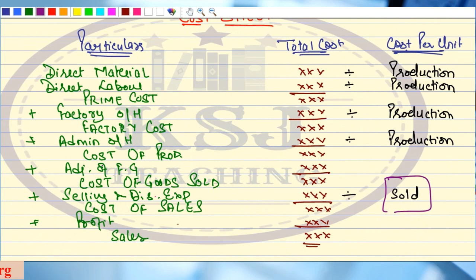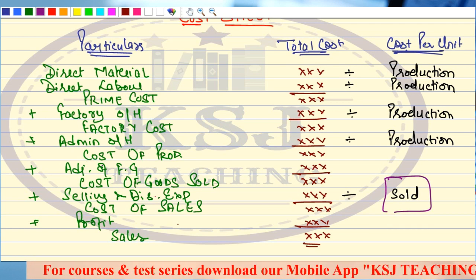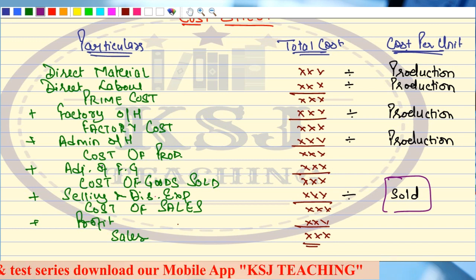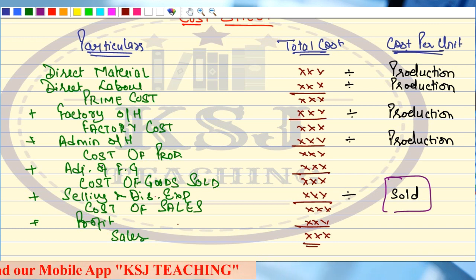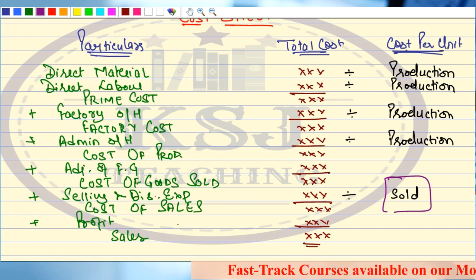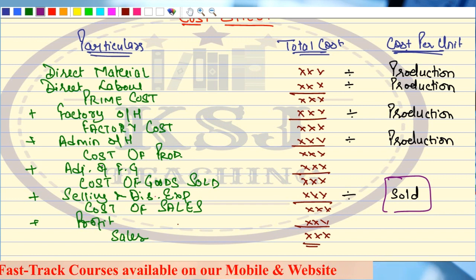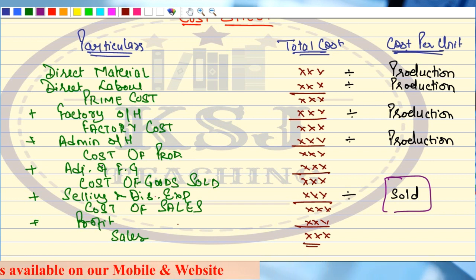right? And here specifically I told you to focus on selling and distribution expenses, where the number of units sold should be taken instead of number of units produced. So this is all we have discussed, and this is all that is there in unit costing. There is nothing else conceptually. You simply have to prepare the cost sheet and find out the cost per unit. That's it, so nothing much to be done extra.